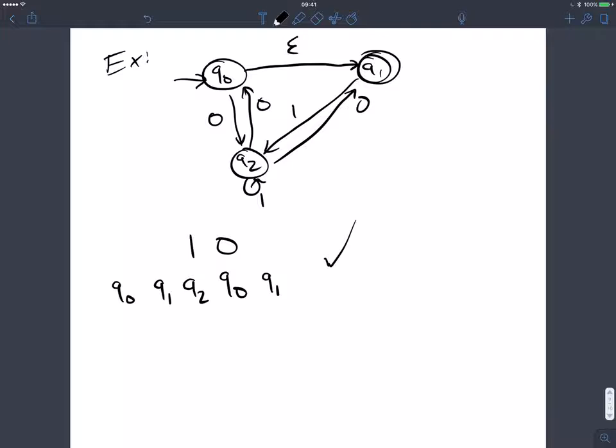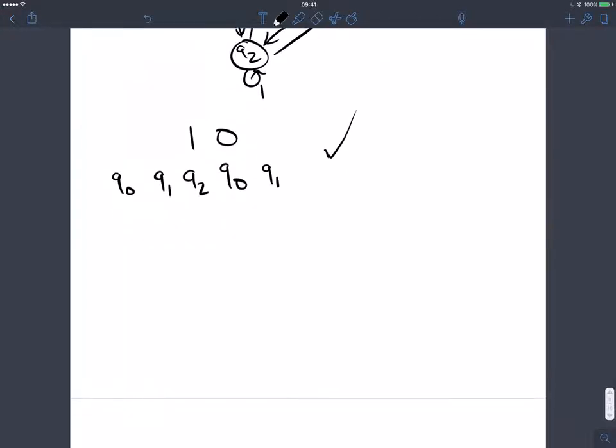How many possible accepting computations did this string 1, 0 have? 2. How many could a DFA have? 1. So we're going to need to worry about that there may be more than one accepting computation, or even computation in general, for an NFA. All right, so